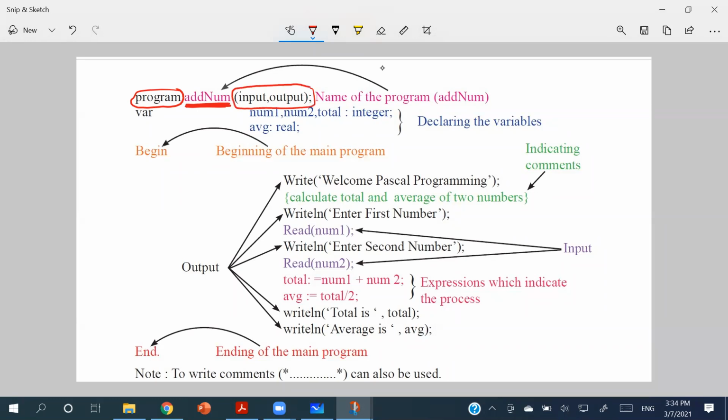So if you are writing a program you must have the program word, then a name that you like, then within brackets input comma output. That is the structure. And then we have to declare the variables that we are going to use